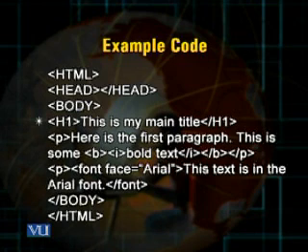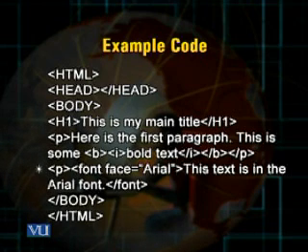This is my main title. After that I use a paragraph tag and I write, here is the first paragraph. This is some. After "some" I use the bold tag. Immediately after that I use the italic tag and I enclose two words, bold text, and then I close the italic tag and I close the bold tag and I optionally close the paragraph tag.